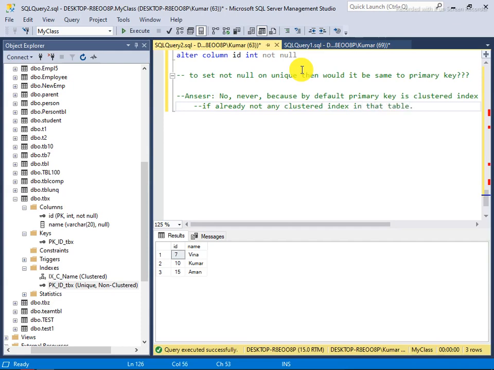That's the basic difference. If someone asks you that you set not null on a unique key, then you can say that it may behave like a primary key. It means it will not accept null values and it will not repeat any value, but technically it would not be exactly the same. Its features and attributes may be the same, its functionality may be similar, but some functionality cannot be similar.